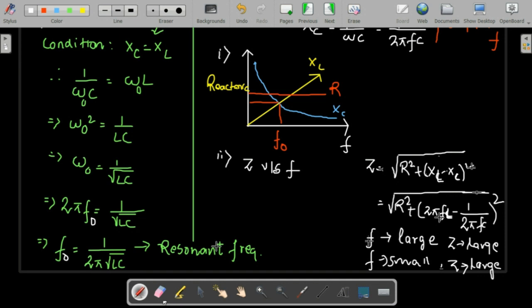At a certain point it's going to be minimum. At what point? When both of them are equal, only then is Z going to be minimum, but there is going to be no negative value. Okay, so what happens if I plot a graph